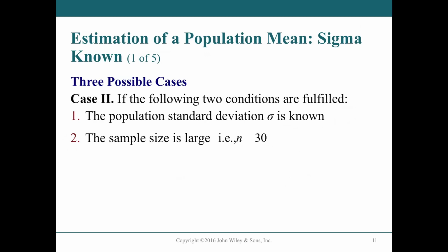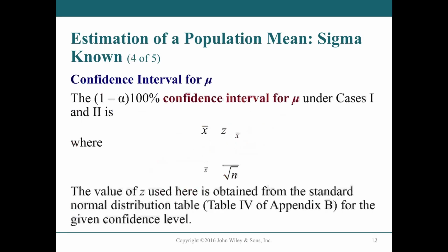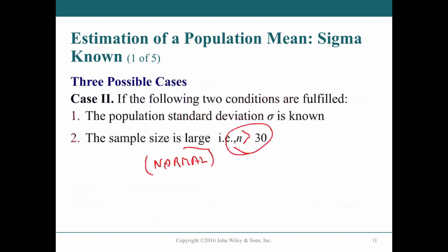And so once we have normal, we're saved. I think we've seen this before. Oh, there's another case. Yeah, sigma is still known. And here the sample size is large. And then we don't even care about normal. Normal? That's nice. Don't need it, though. Normal doesn't matter, provided n is greater than 30, we're good. So we've seen this kind of idea used before. Your book really loves it. They present it in seems like 4 or 5 different sections. I think once you've heard it, you don't need it again, do you?